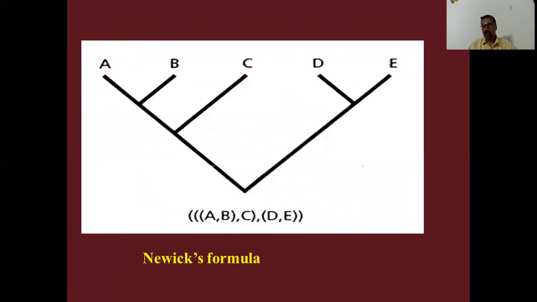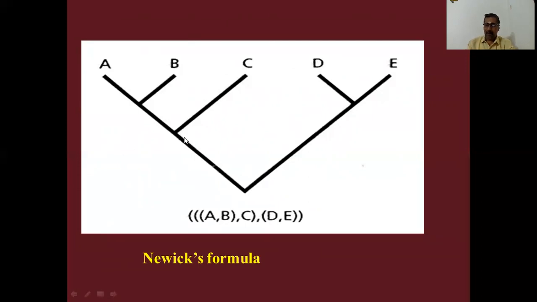Now, this is the visual output of a rooted tree. This is the root. This is an internal node, and this is a terminal node. You can see A and B are very closely similar to each other. D and E are closely similar. The question is whether C is close to AB or D. Now C is close to AB, right? This is the visual output. This is the phylogenetic tree.